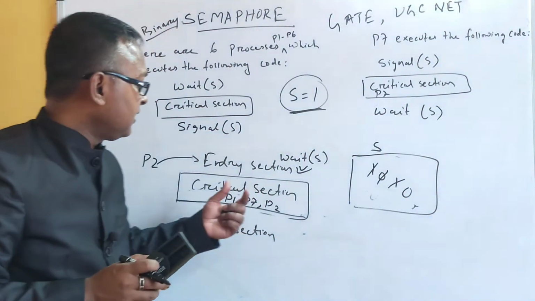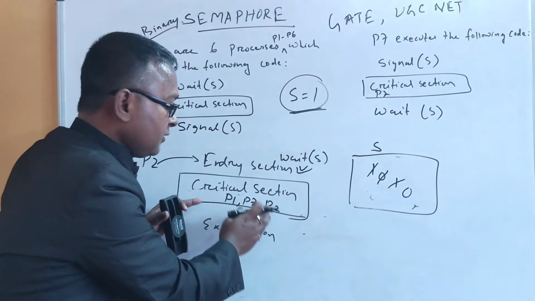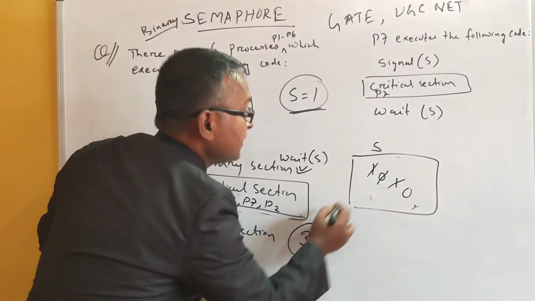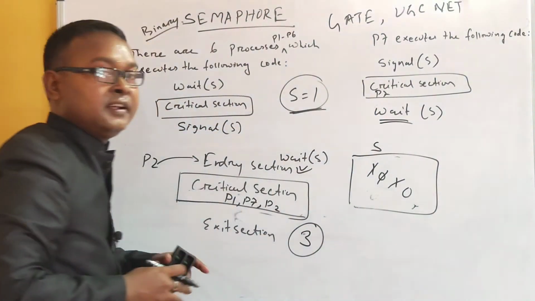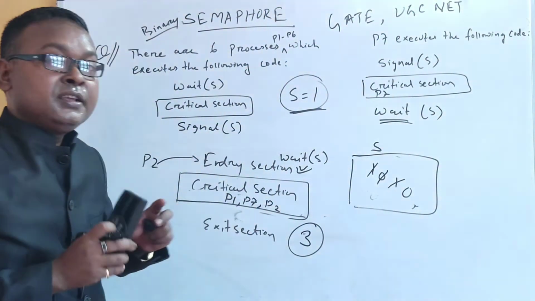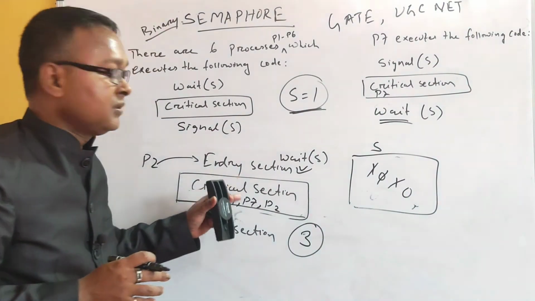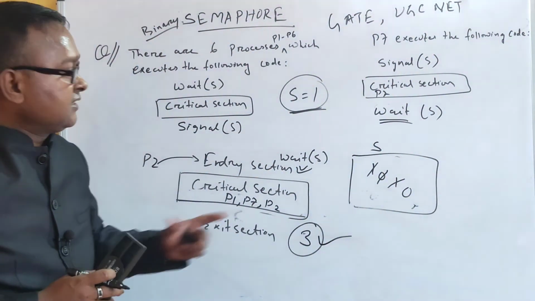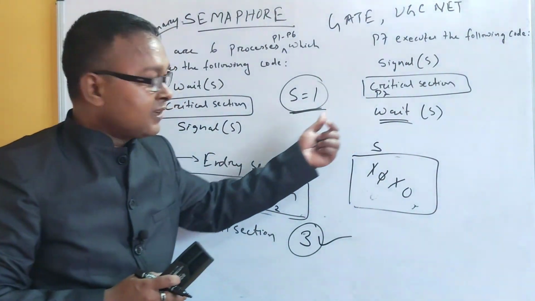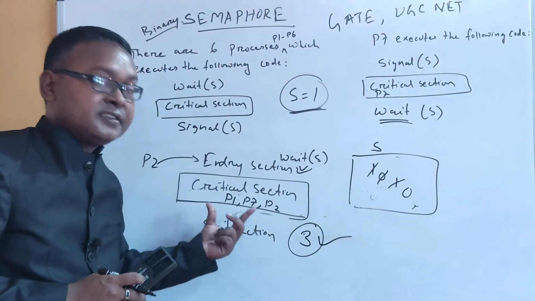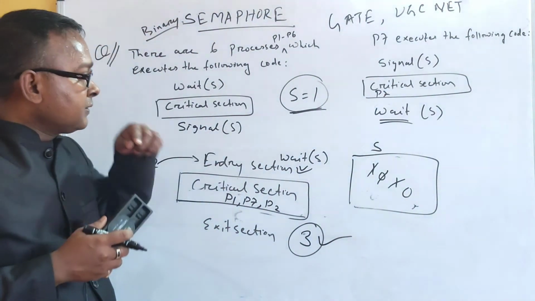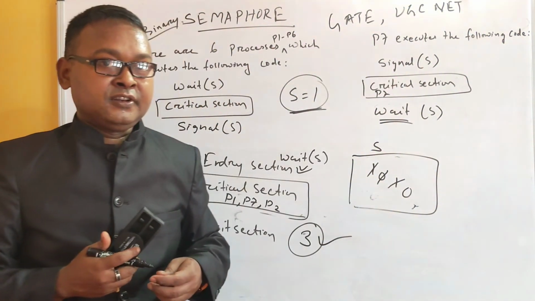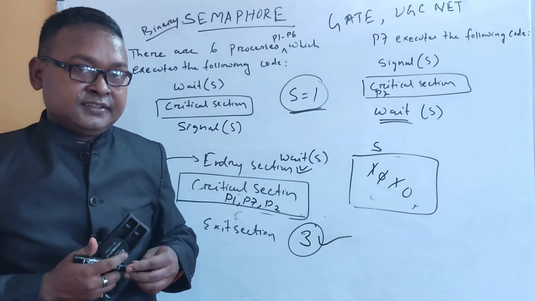So according to our question, what is the maximum number of processes that can enter into the critical section at a given point of time? Only 3. So in this particular case, we have changed only this code, right? So at this point of time, only 3 processes can enter into the critical section. This 3 will be the correct answer by changing a single code. When the signal is there, all 7 processes can enter into the critical section. So likewise, such questions will be there. You should be very alert on understanding the question first before writing the answers, right?